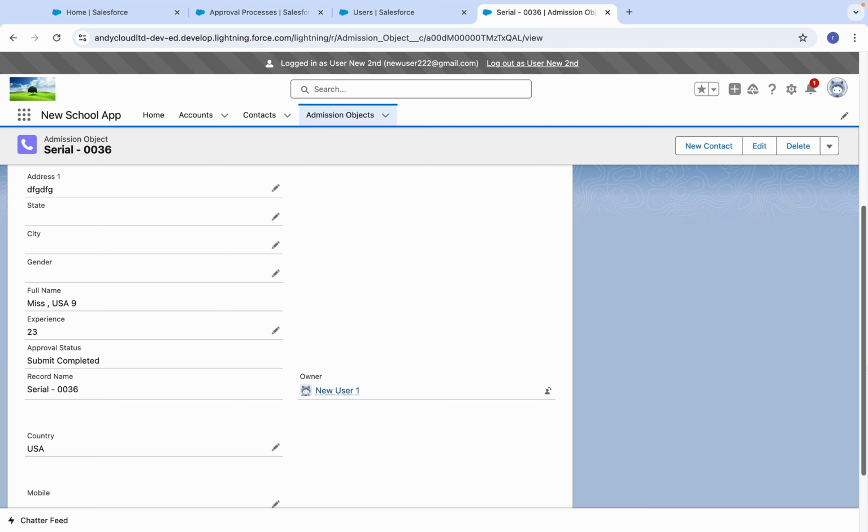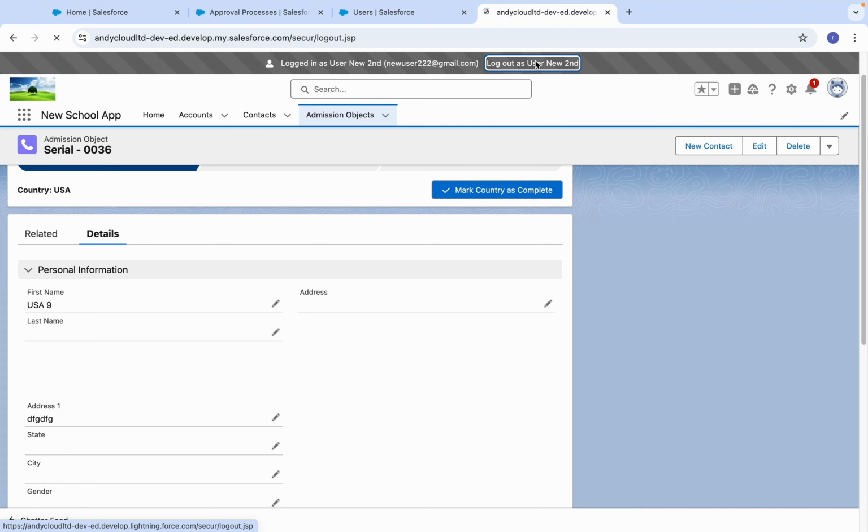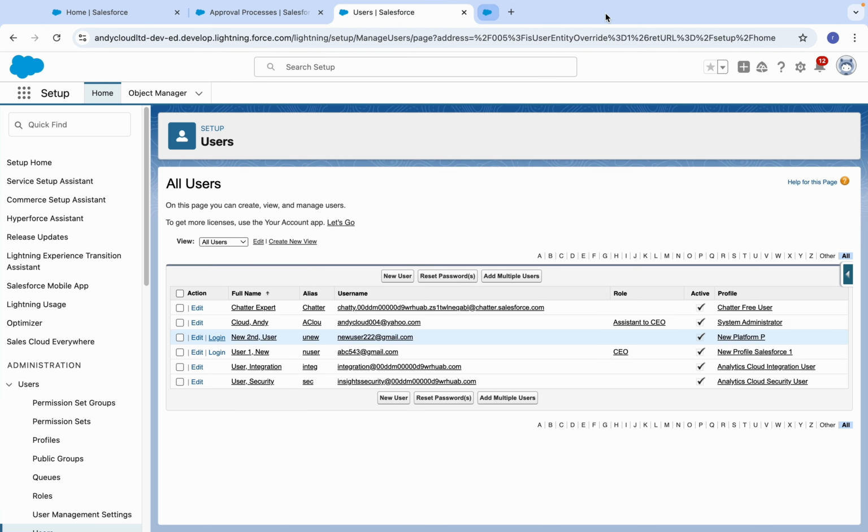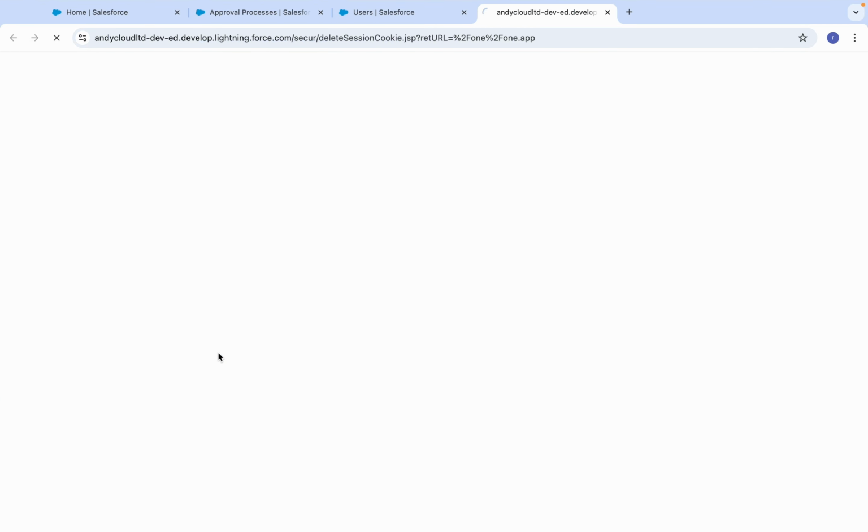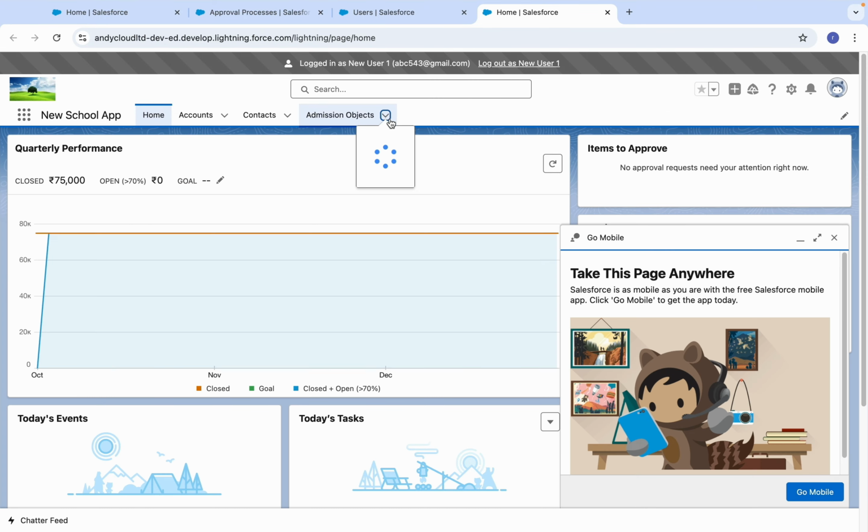See, submit completed, it came automatically. If you see the recording again, you will see we had not added this. Now let me create one more record to show this. Let me log in with user 1 and create a record.